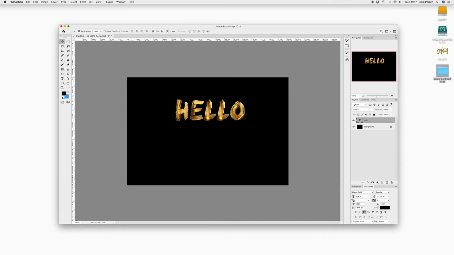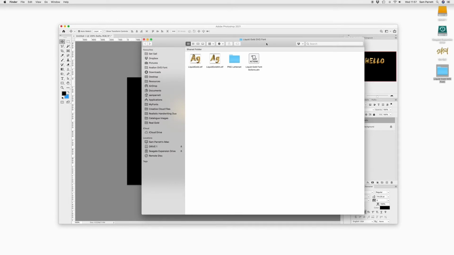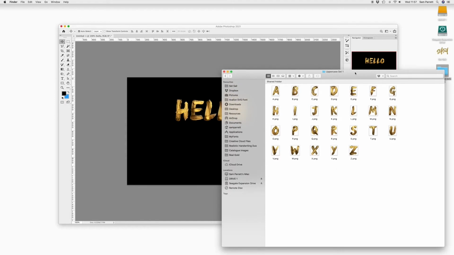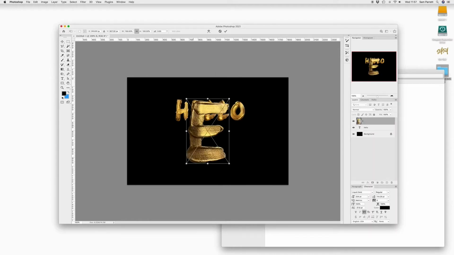If you can't use the SVG font, you might be using an older version of Photoshop or a different program, you can use the PNG letters instead. So I'm going to just show you how to do that quickly. With Photoshop, you can hold down Command or Control to select the letters you need and simply drag them over to your document. So I'm just going to press Enter on each letter,